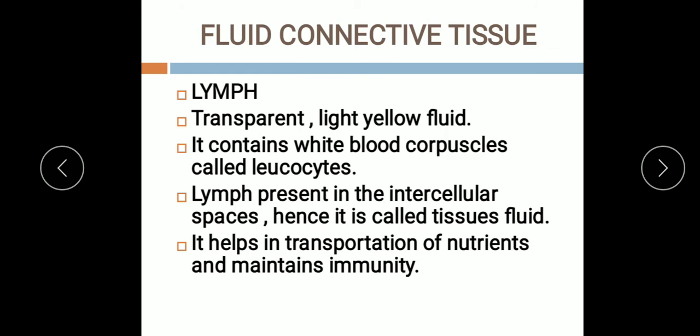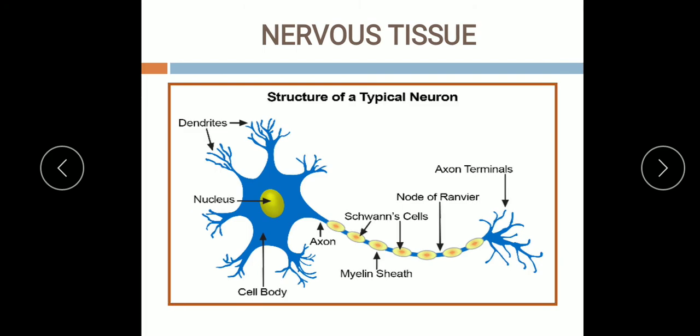And RBCs which are present in the blood, they are circular, biconcave, disc shaped, and they don't have nuclei. And all these increase the surface area in the RBCs for gaseous exchange and accommodate more hemoglobin in them. So that is the function of RBCs. White blood cells, that is WBCs, which are known as the leukocytes, they fight with the foreign particles, germs which enter in our body, they kill them. Platelets which help in the clotting of blood. So this is the function of fluid connective tissue.